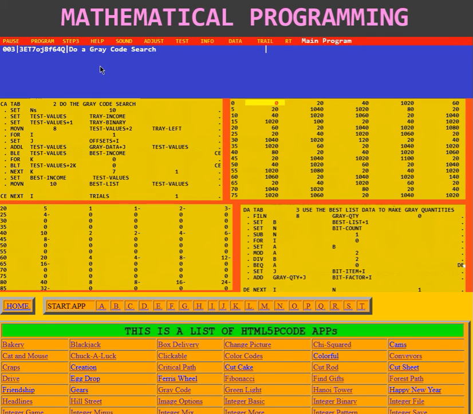This is the video for do a gray code search. Here on the upper left is the routine for doing the gray code search. Below it is some of the data from the gray data file, starting at offset 20 and only going to